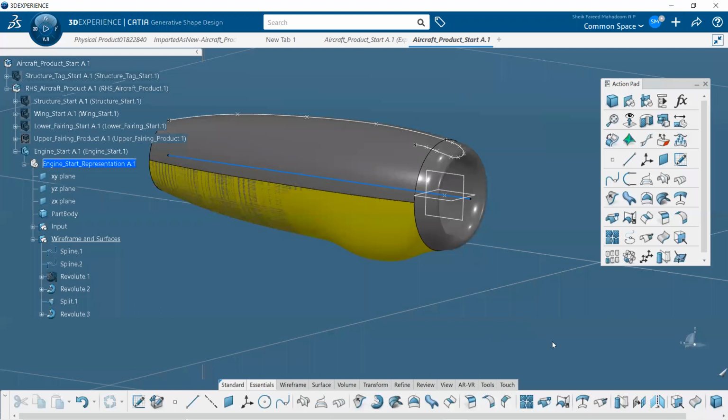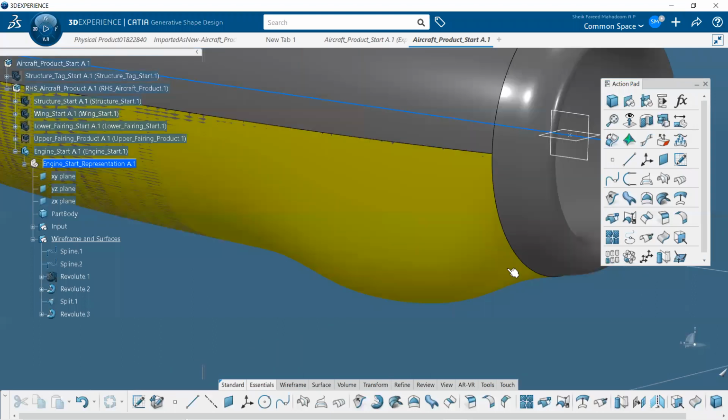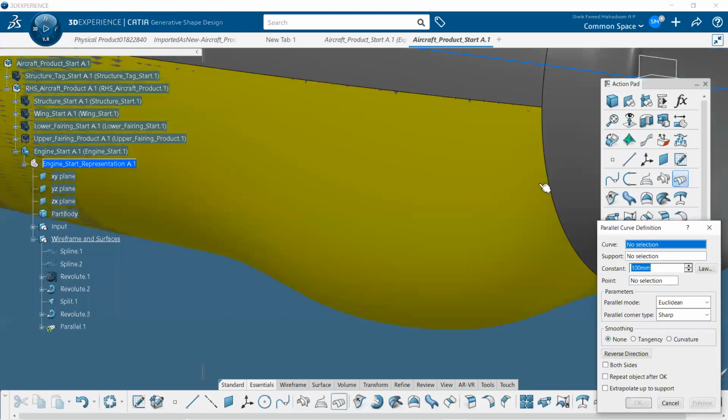Right now we are going to start the process of creating the cutting profile. For that we need multiple curves at particular distances. That's why I'm creating the parallel curve from the edge. I'm taking the knuckle edge of the surface that I imported, and taking the same surface as the support. The distance first will be 5 mm. First I will take a curve at 5 mm distance. You can see I created the 5 mm distance.